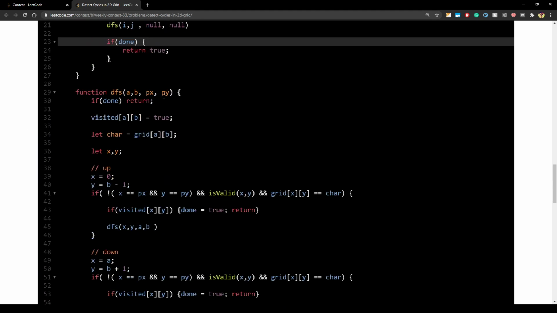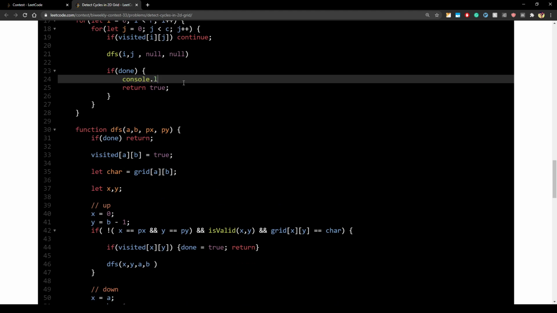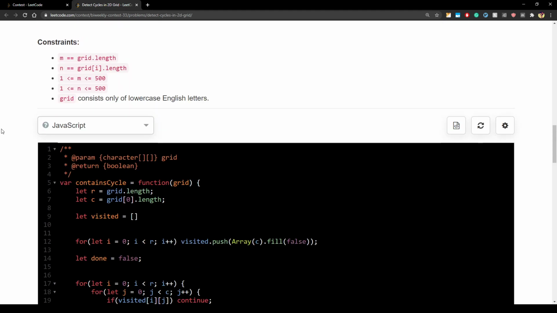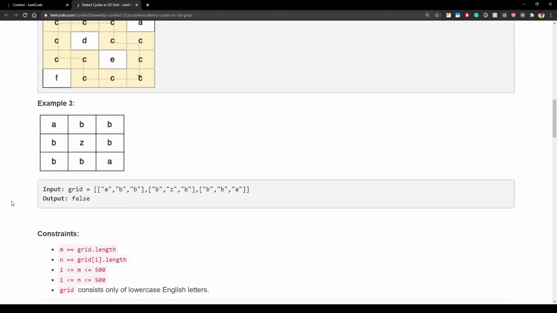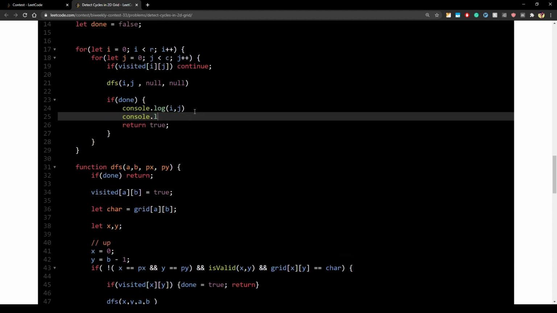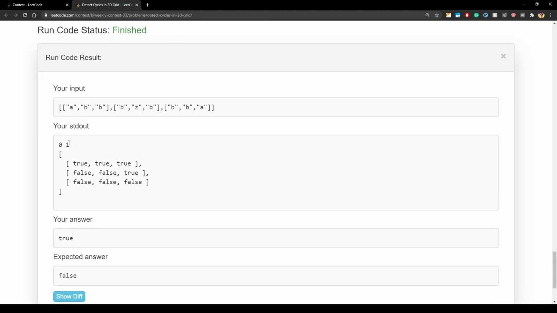Okay, so where we are returning true, we will see. Oh, okay. I go to this P. Let's see. We will also print one more thing, which is the visited array. So it is giving 0, 1. We have true, true.